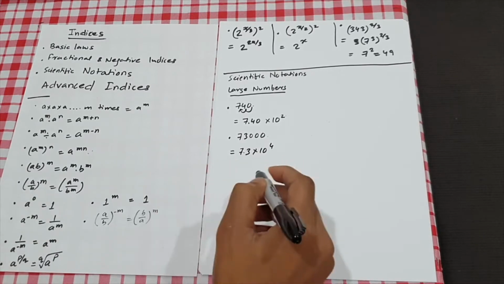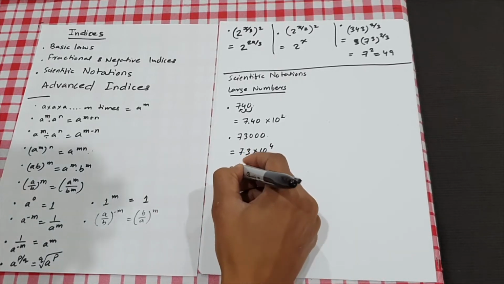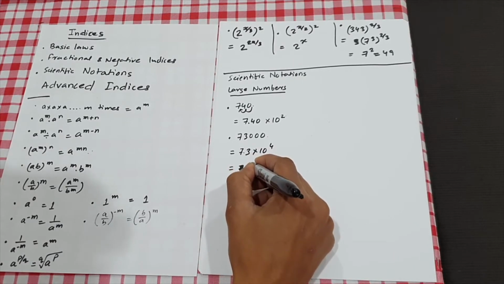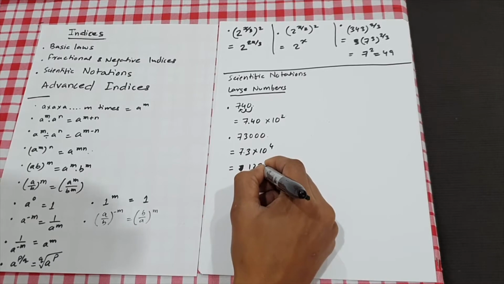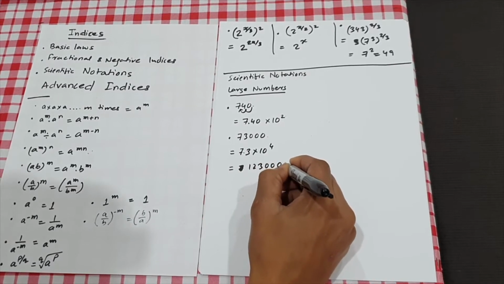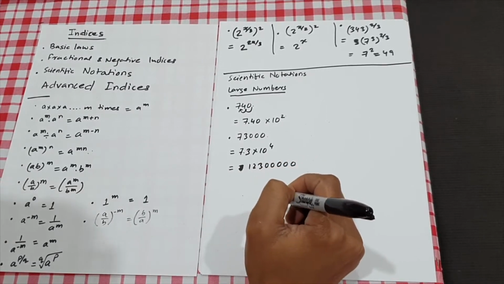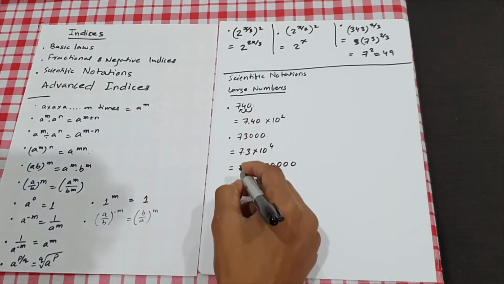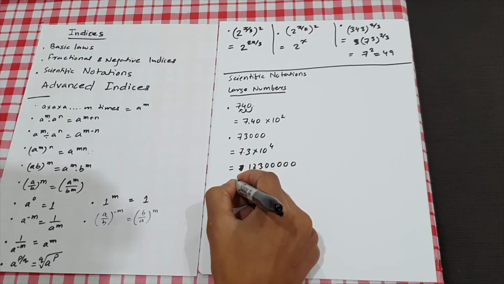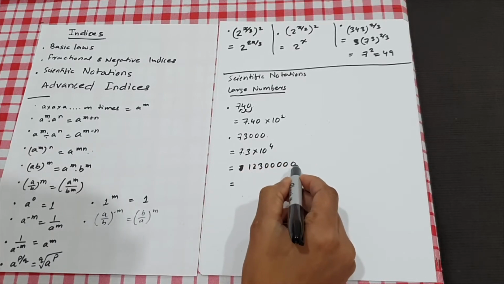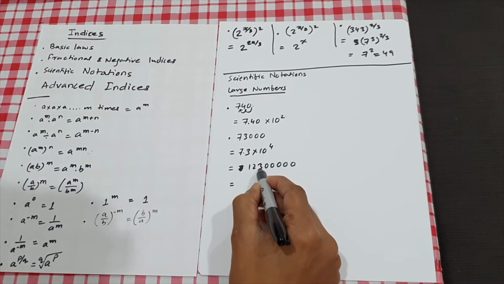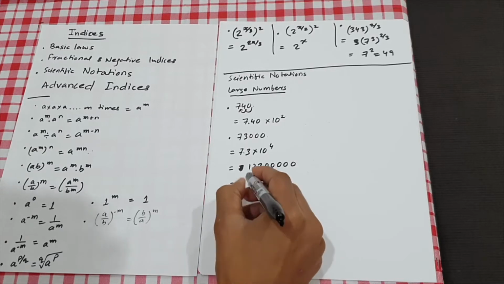Just because it becomes easier to express larger numbers like this. So you don't have to start with 7 anymore. Let's say you had 1, 2, 3, 0, 0, 0, 0, 0. This is still a very small number, but you could have hundreds of zeros, right? Rather than writing all of this out, we could have it in scientific notation. Let's say the decimal lies here, right? So we are moving 1, 2, 3, 4, 5, 6, 7. Right? So I write